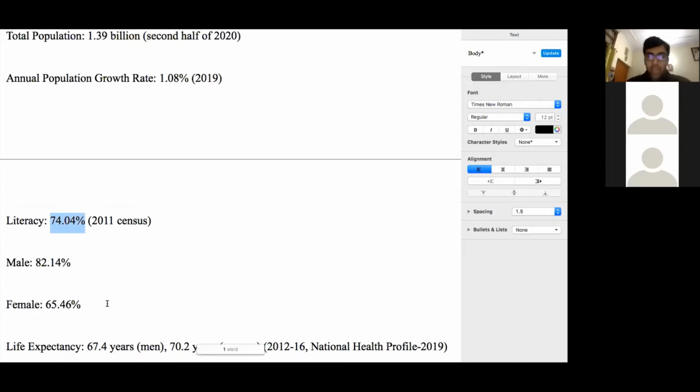Now, this might seem to be a very nice figure, that by now maybe it is 90% or something, but we must realize the definition of literacy as per the Indian government, as given in the census reports, or according to the Ministry of Education. Literacy basically means that a person is able to read basic simple words and alphabets in Hindi or in English, or if they are able to do very basic addition and subtraction, that's it. Very basic addition or subtraction, or they can do basic counting, then they are considered literate.